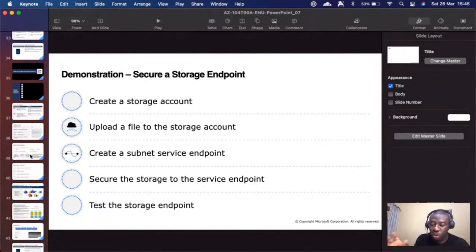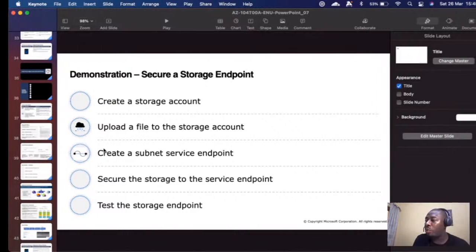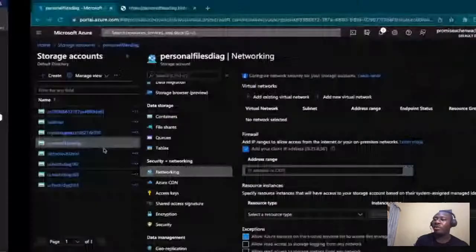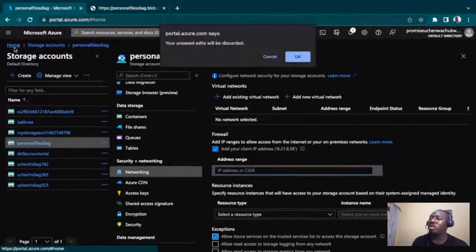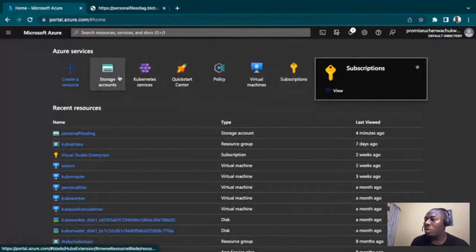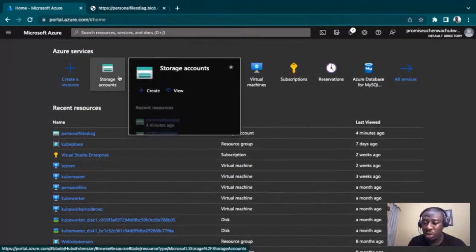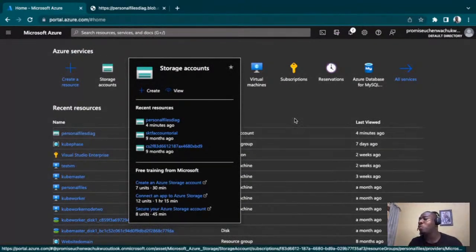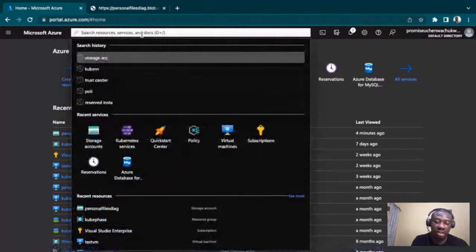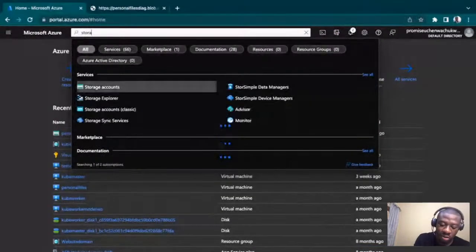So just so that those of you who are like, oh, how do you even create a storage account? You are able and aware on how to do that. All right, so this is just a sample demo on how you can create a storage account. The first things first is this, right? Once you log into your Azure portal, what you need to do is come here and search for what? Storage account.